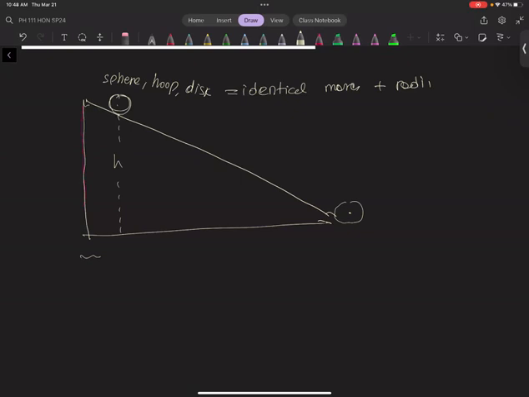Can I write mgh at point 1 will turn into what? Do you want me to write about the center of mass or about the ground? It's the same thing. If you write it about the center of mass, you're going to have 1/2 m v squared plus 1/2 I center of mass omega squared. That's with respect to the center of mass. And if you write it for the ground, it's going to be just 1/2 I prime omega squared. Are we clear? We saw that multiple times. So it doesn't matter which one you choose.